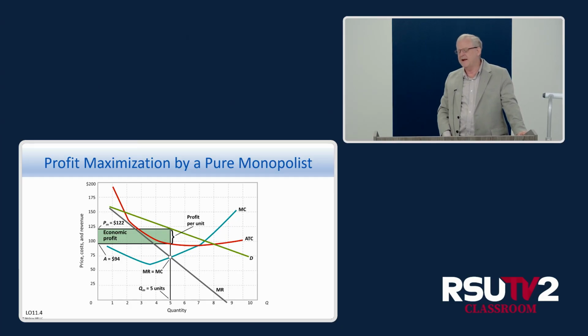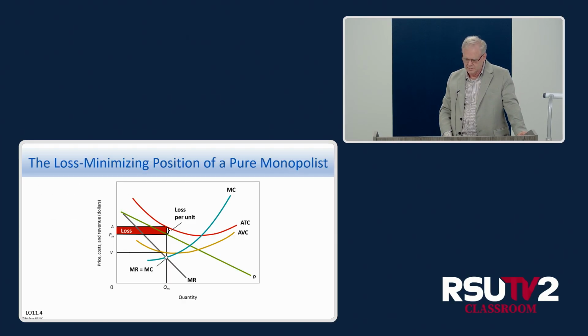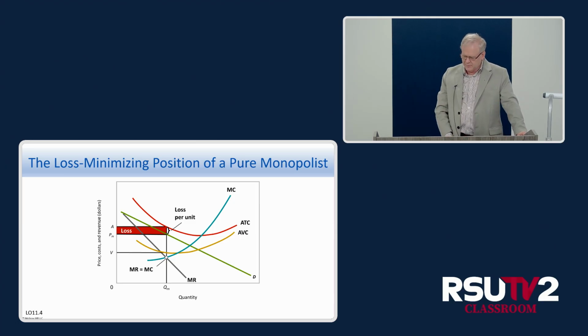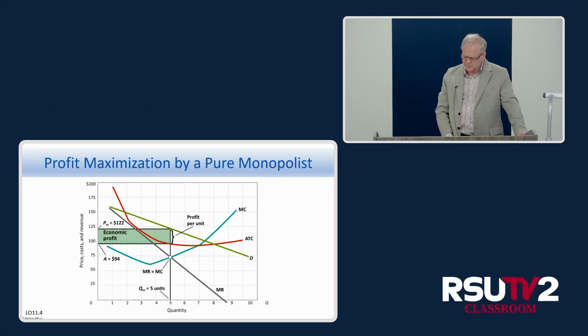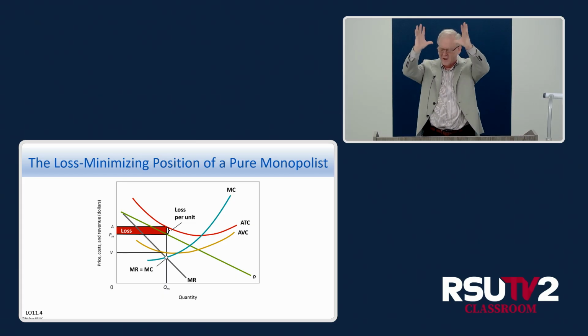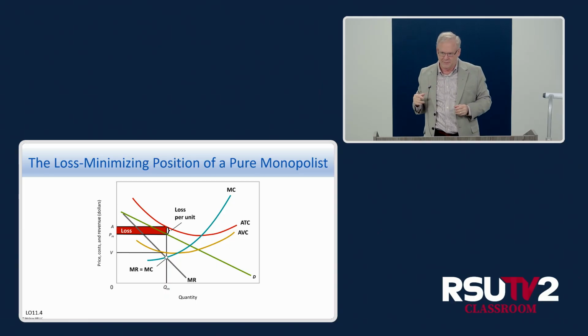Now, does a monopolist have to earn a profit? Nope. You might have a loss. Look at that. So what have we done here? We've sketched this second picture from the first, which is up here, by simply shifting the cost curves up. The demand and marginal revenue are the same. You could leave those in place. But if you move those U-shaped cost curves up, and they've got the AVC curve here as well, guess what? It could be that at the optimal quantity of production, the average total cost could exceed the